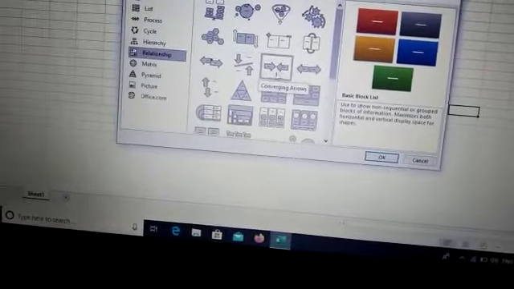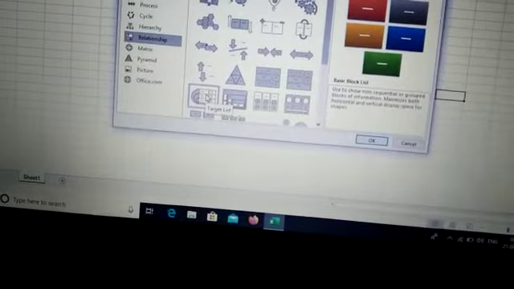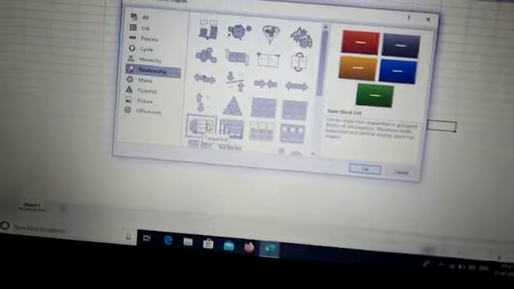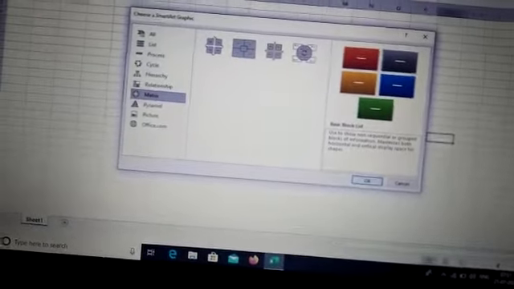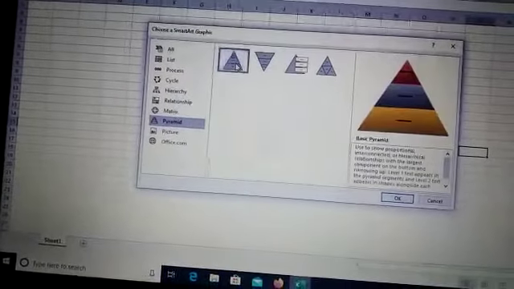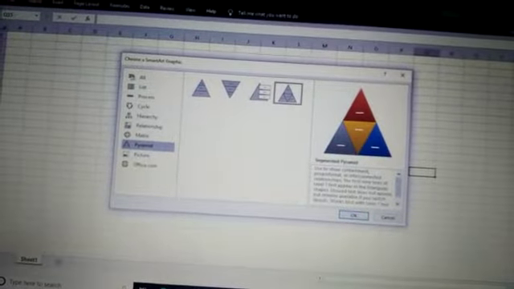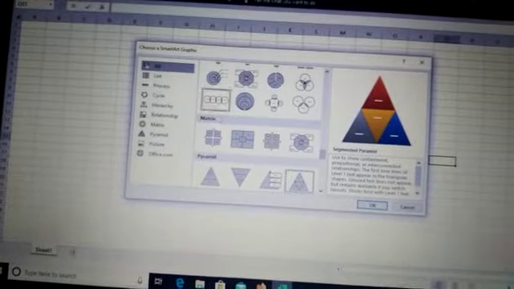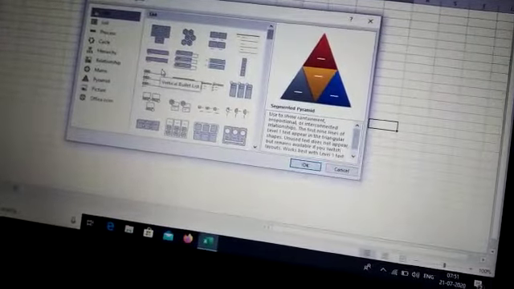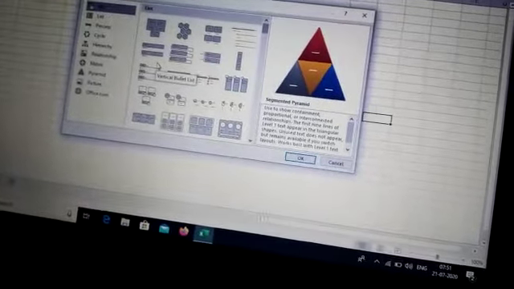If you want to show the relation between any two, different types of relations are also given. At present you are not using that, but in future you must know about the different shapes. How many shapes are there? You can use them. You can see the shapes here. Okay, so this is basically SmartArt graphics. They are used in the industrial area basically for showing the different types of relation between the patterns.